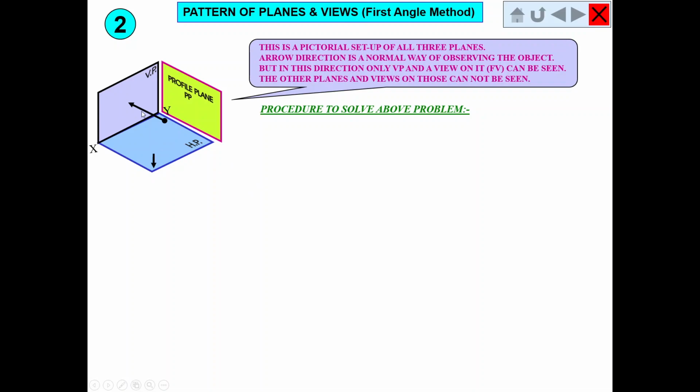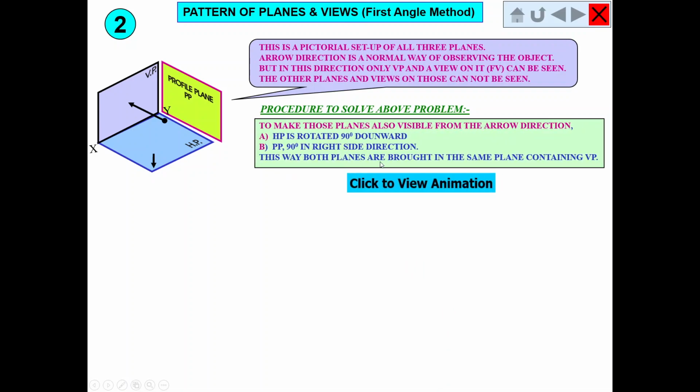In order to view the view over the horizontal plane, you have to move here, you have to observe from this direction, then only you can see the view over the horizontal plane. In order to see the view over profile plane, you need to observe it from this direction, then only you can see the view over the profile plane. Means every time you need to shift the position of the observer.